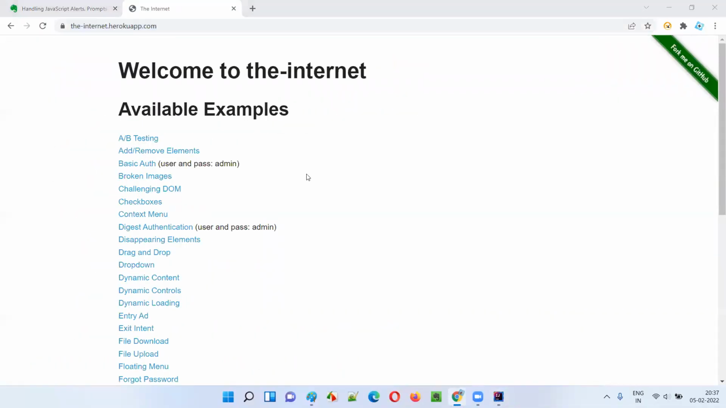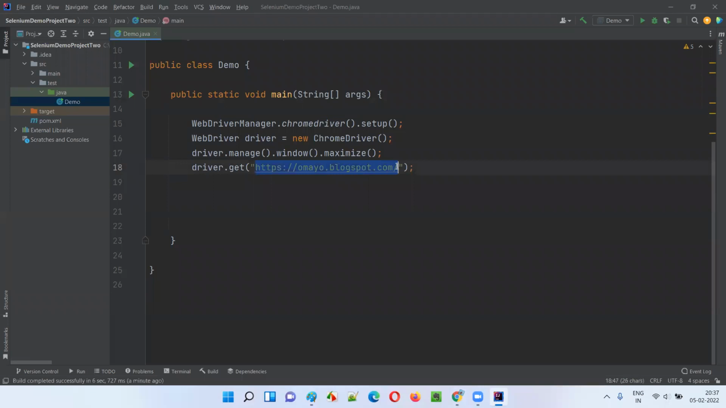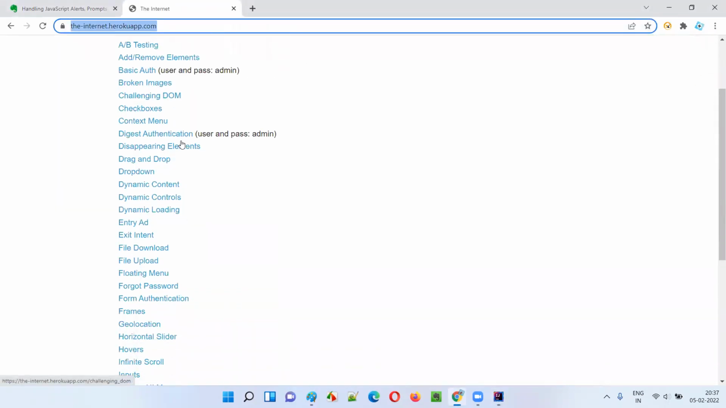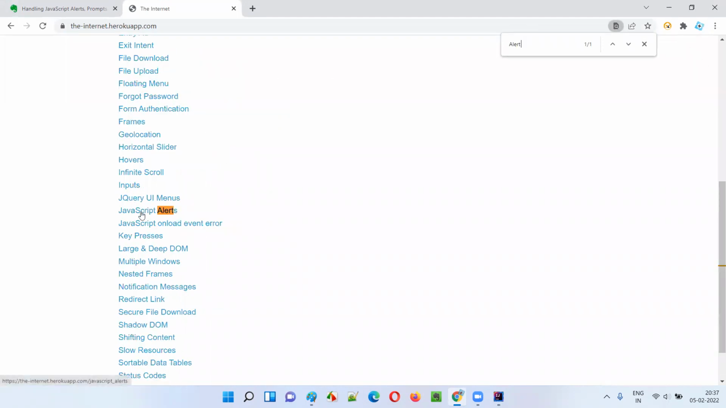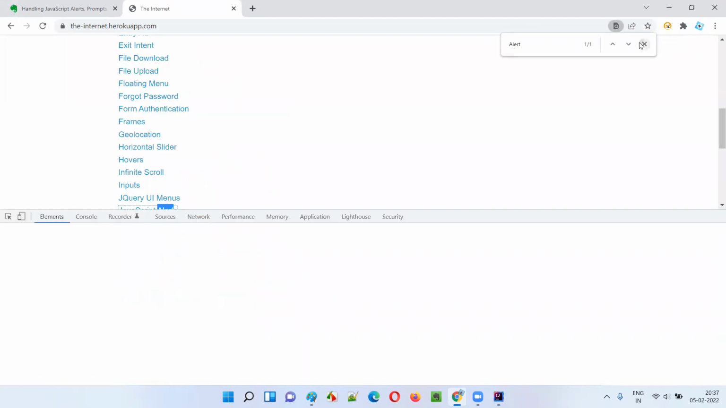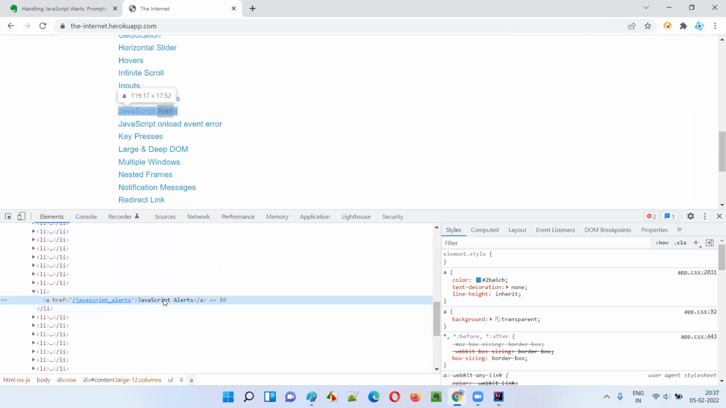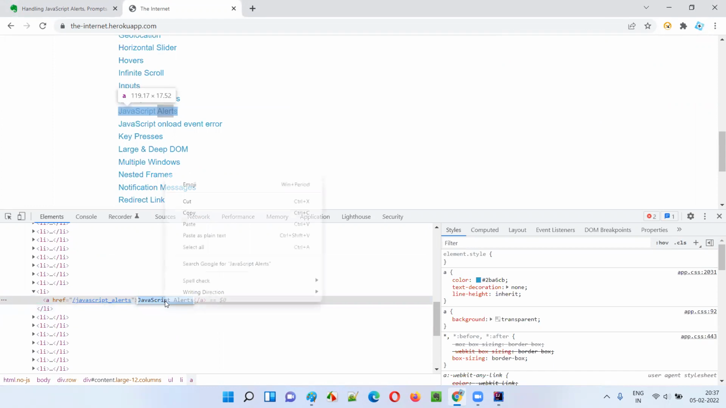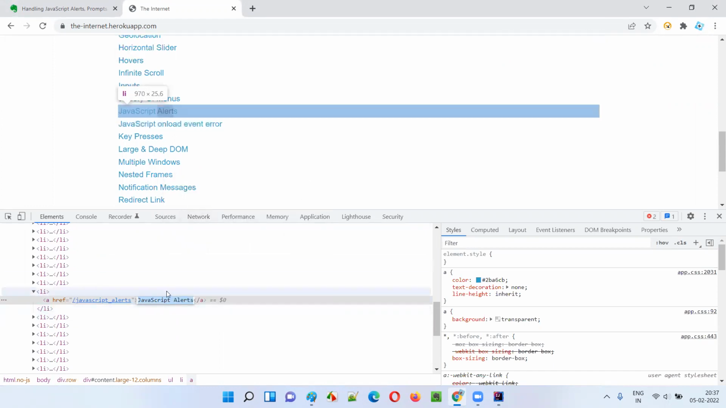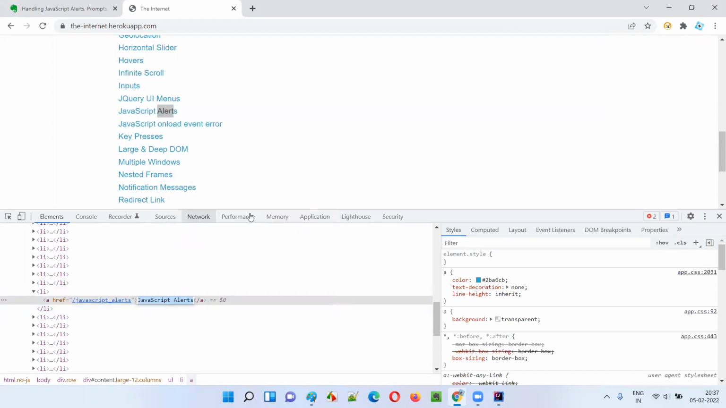After opening this application URL, what I will do is click on alerts. Control F, I'll say alert. JavaScript alerts is a link. Inspect this link, guys. You see, this is a link text. There is no other locator possible. I'll copy this text between the anchor tags and use it as a link text